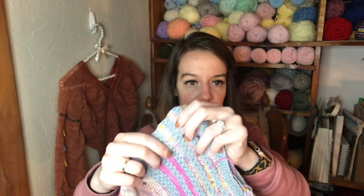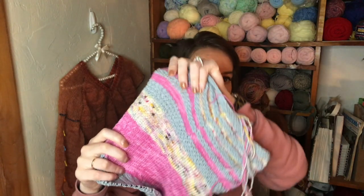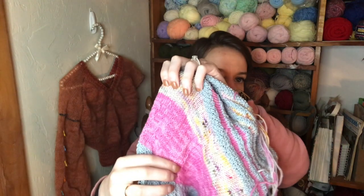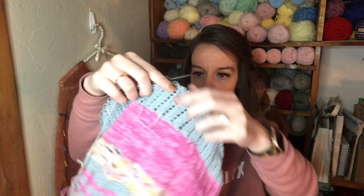Each section is a different texture followed by a different color. There's 3 different colors that I'm using for it. Oh my gosh, it's so good. This is great light. Right here, so we have a whole knit section. Every other round is increased. This is fingering weight, my non-ideal yarn. I'm recording on an iPad, and the camera is here,